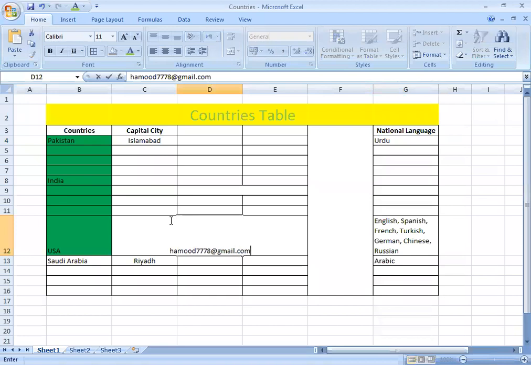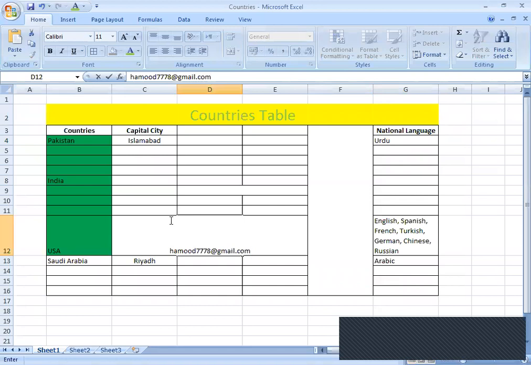Okay, hamood778, HAMOOD, hamood778@gmail.com. But this email address is shown in the assignment also.